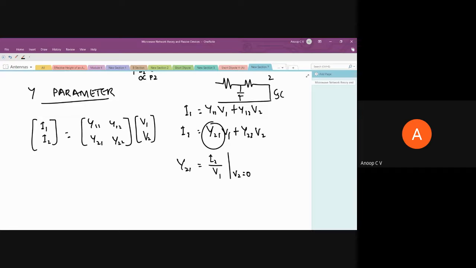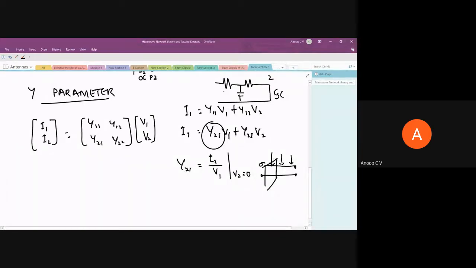And one more thing, in microwave networks, for example if you take a transmission line, we don't have a device which can measure the exact voltage or current at any given port. It's not that easy to measure voltage and current along the line. But what we can do is somehow measure power, right? We have a VSWR meter and all those things. Using that, we can measure power. So that power measurement becomes easier.